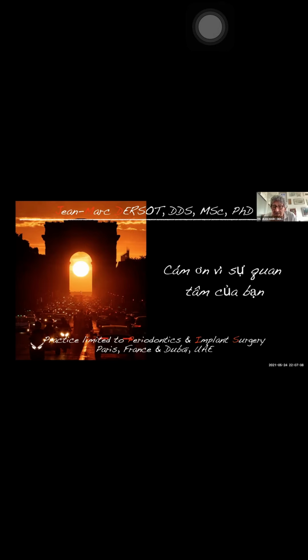The first one is the small video you have seen, and the second one is to take the amount of connective tissue you need like a free gingival graft. So you take the sample from the palate as a free gingival graft, and